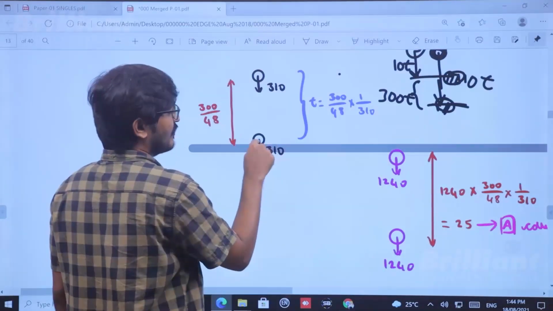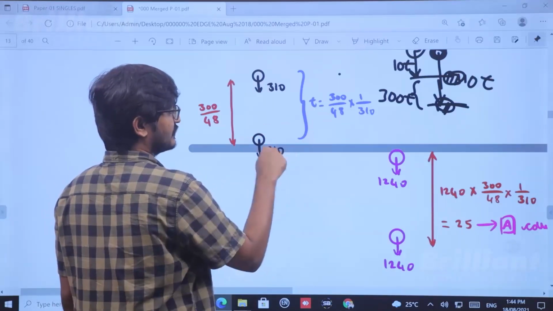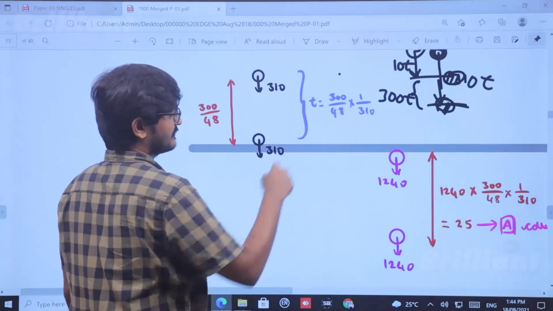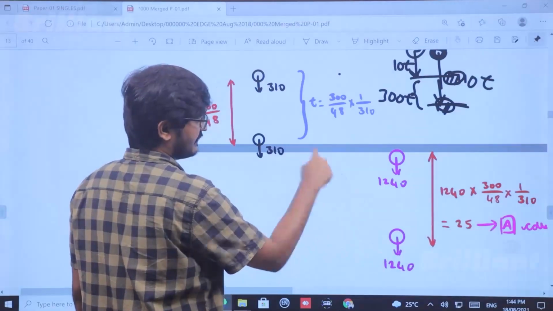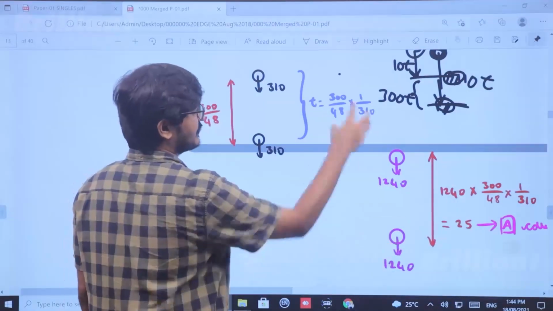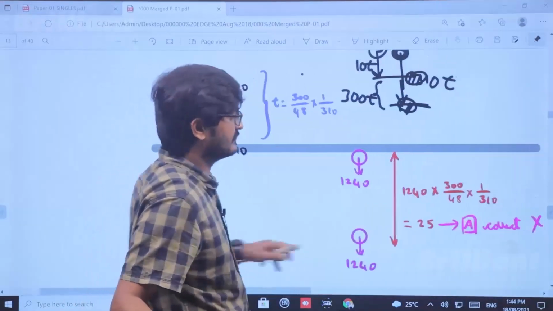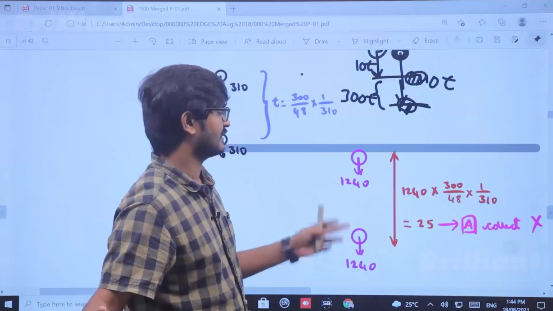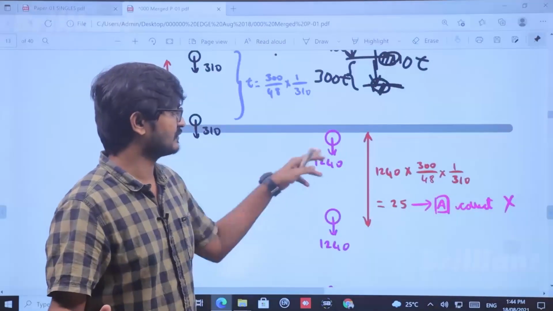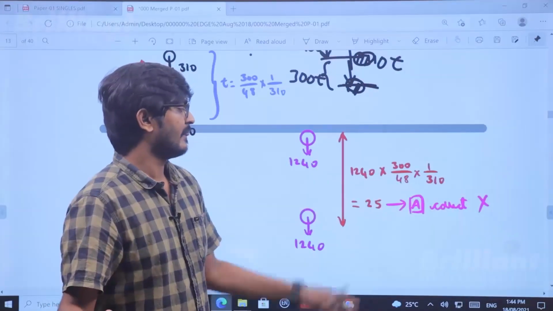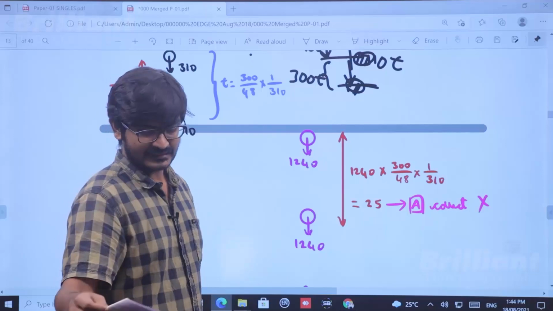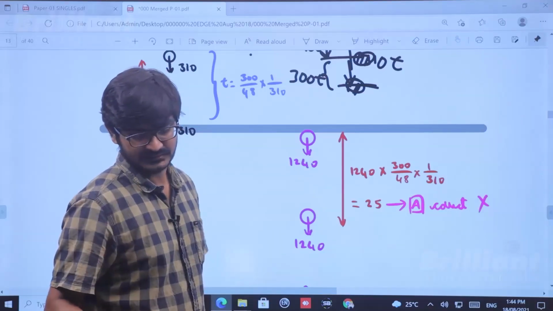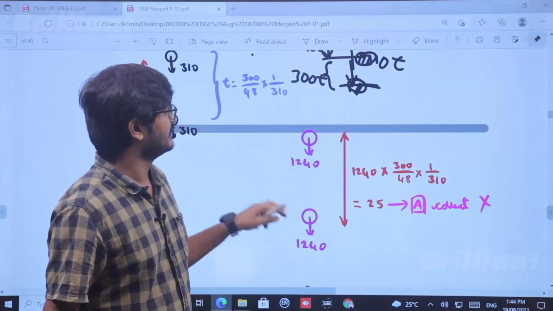So in this much time gap, this one must have traveled here, and this one must have traveled here, right? So can you tell me how much distance it would have traveled in this much time? You know the speed, you know the time. Okay, speed is not this one, speed is 1240, right, when it goes into the other medium. You know the speed, you know the time. So speed into time. That will give me the distance between two consecutive balls or compressions, right? So that will turn out to be 25, which is correct, but they are asking us to mark incorrect options. So now beat frequency